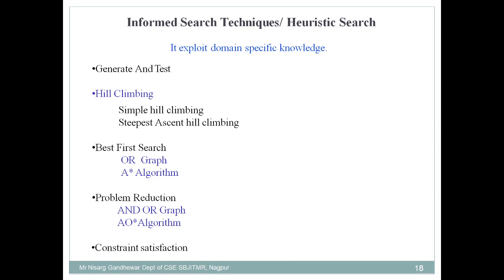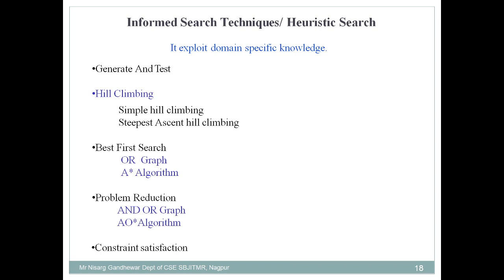Informed search involves various techniques such as generate and test and hill climbing. In hill climbing we are going to discuss two techniques: simple hill climbing and steepest ascent hill climbing. Then next is best first search. Don't get confused: in uninformed search we talk about breadth first search, but in informed search another technique is best first search, which involves OR graph and the A star algorithm.